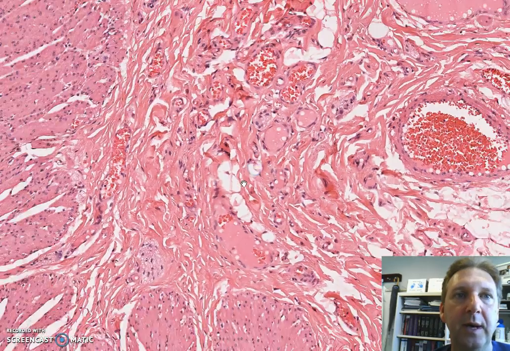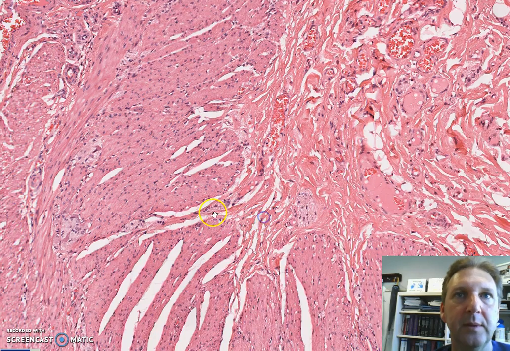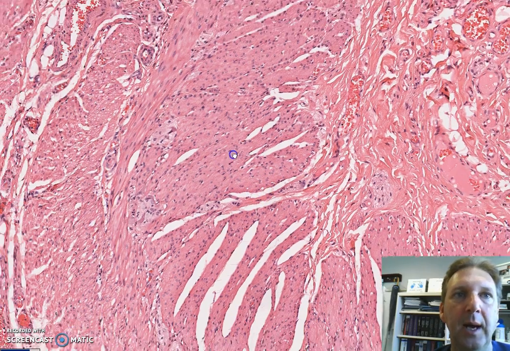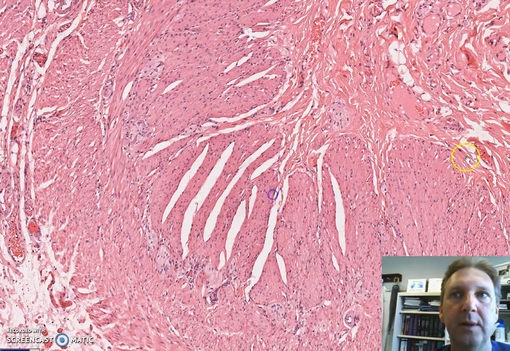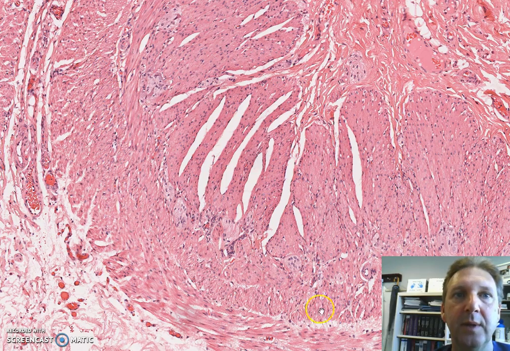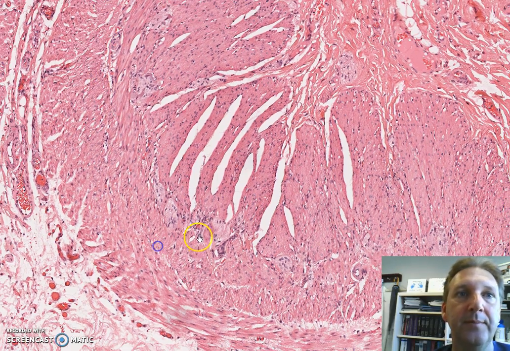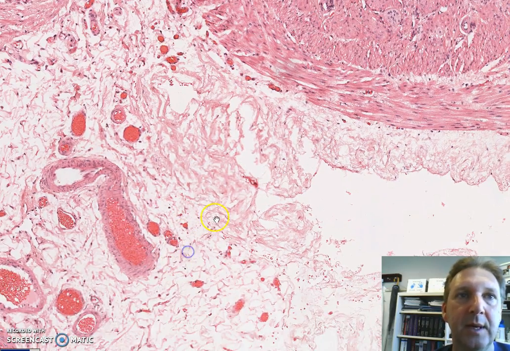If we continue down, we can see some nerves right there corresponding to the plexus, and the first muscular layer, muscle layer, corresponding to the circular layer, and the second one to the longitudinal layer right here. In between you can see some of the nerves right here, and right underneath we can see the serosa composed of these